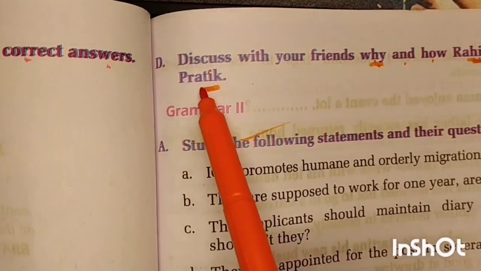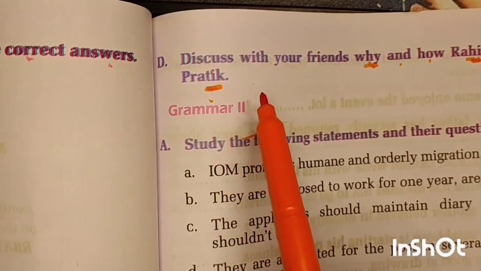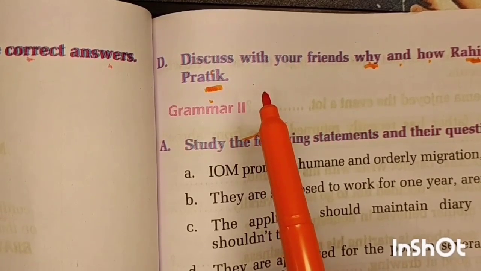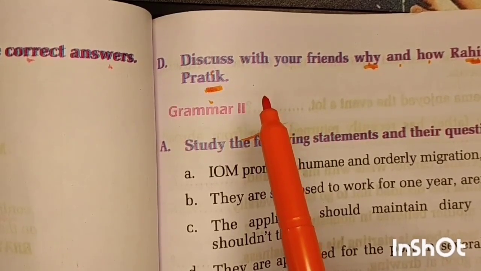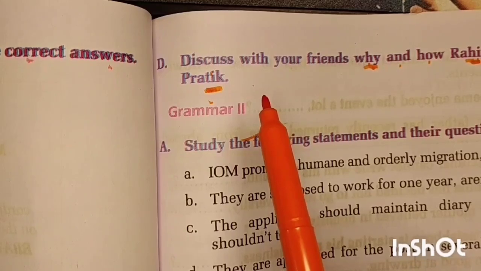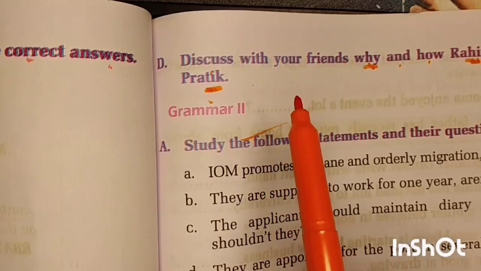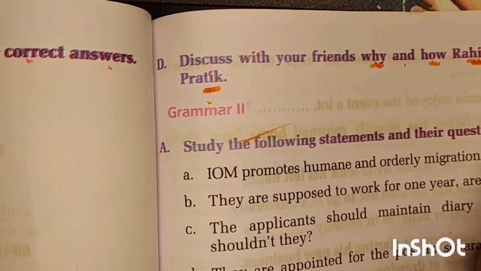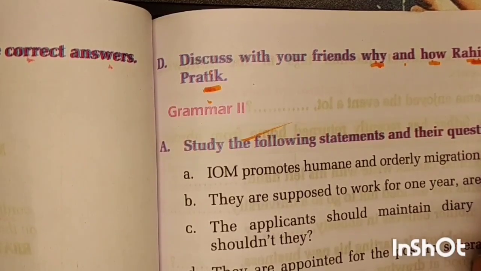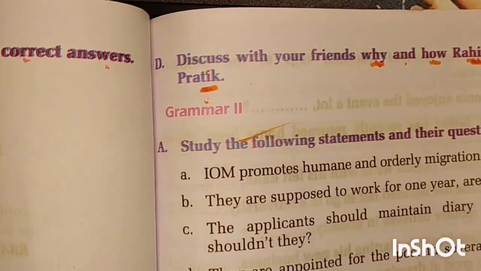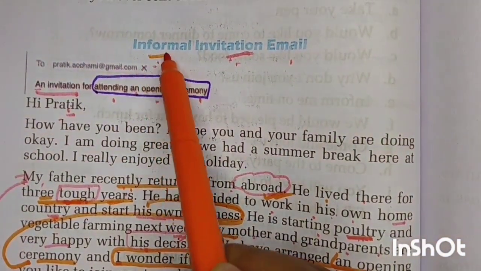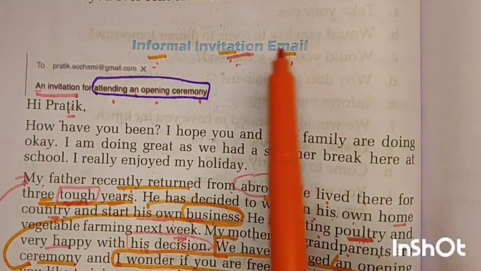Rahim invited Pratik in order to request him to attend an opening ceremony of his father's business, who has recently returned home after spending 3 tough years abroad. Now, how did Rahim invite Pratik? Rahim invited Pratik by writing an informal invitation email.